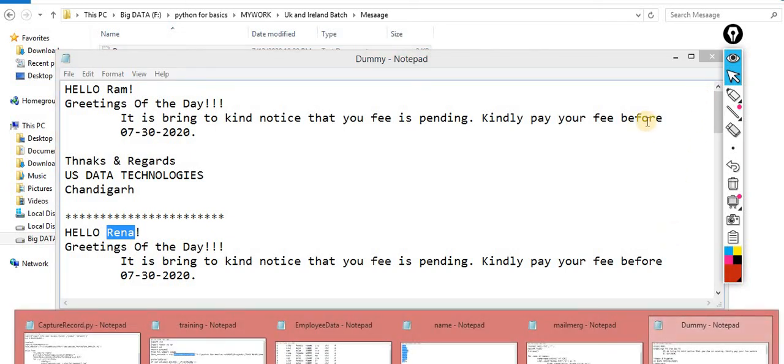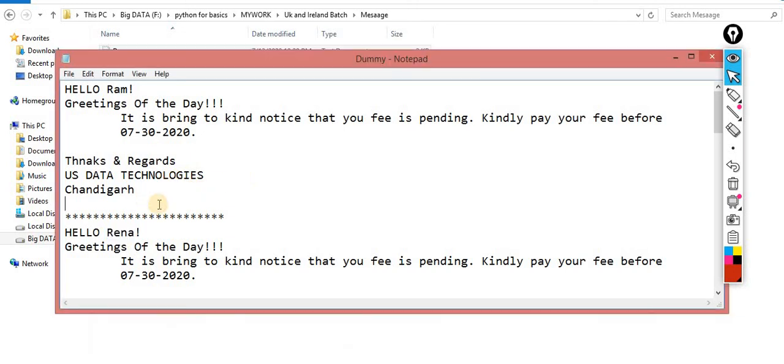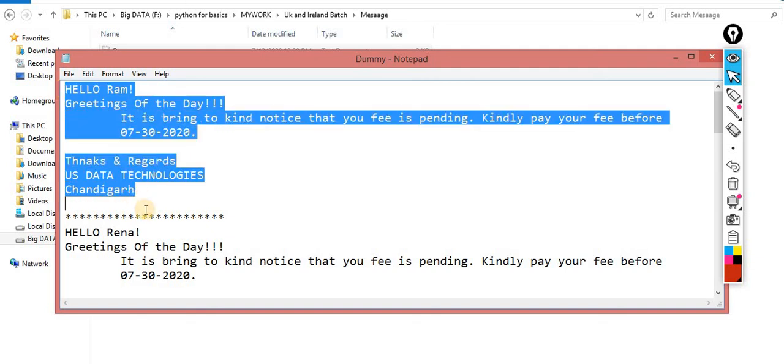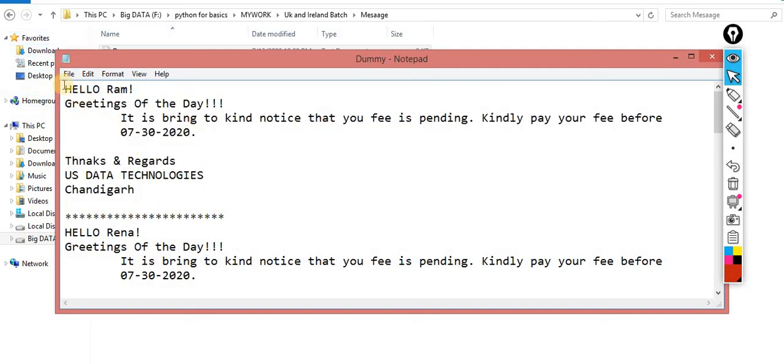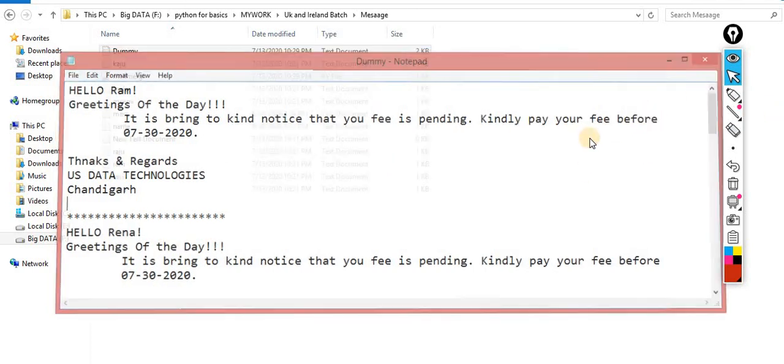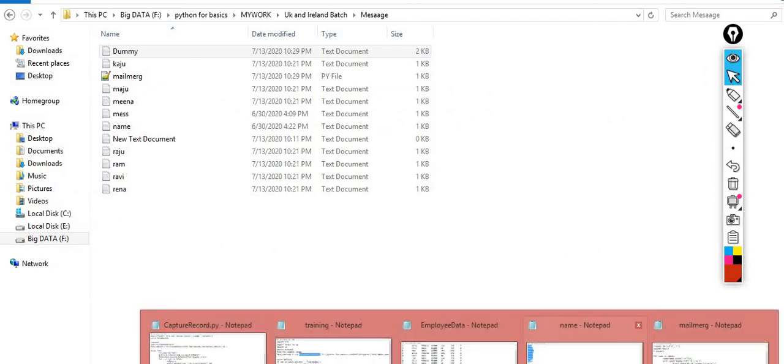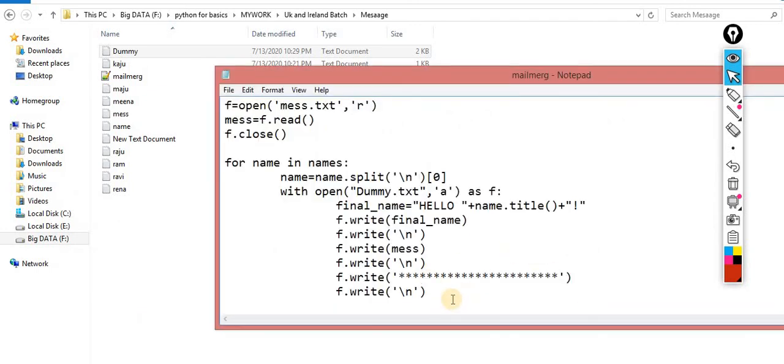Yes, everything is possible, sir. Everything is possible, but it depends upon the logic, how you think about the problem statement. So I showed you this one, as you said, sir, everything into a single file. Again, if you want to create multiple files from this single file, yes, it is possible. The entire thing is possible. That totally depends upon the logic, how you handle and think about the problem statement.